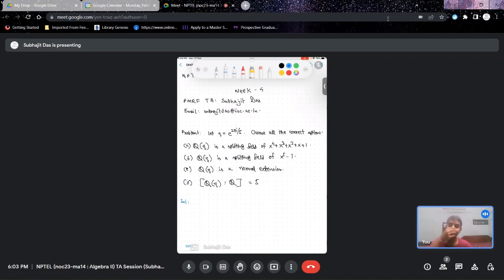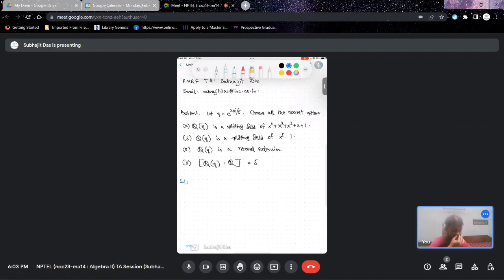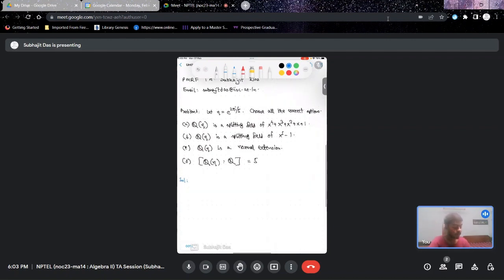So eta here is a primitive fifth root of unity, right? Which means that if we look at all the fifth roots of unity over Q, then that forms a group. It's a cyclic group, and eta is a generator of that group, right? Okay. So now option A here is correct